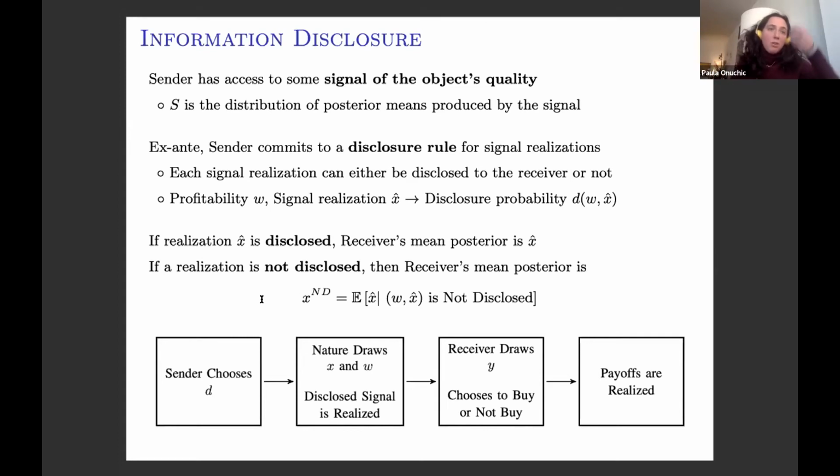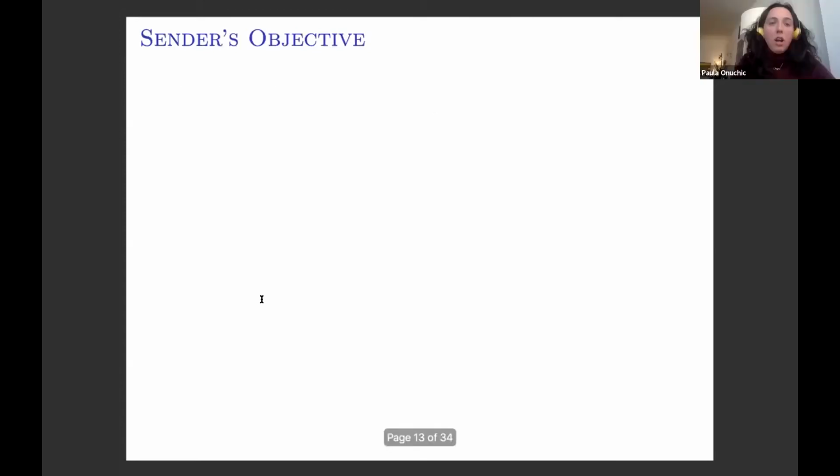Okay, so yeah, and then payoffs are going to be realized according to what I said. Just to clarify, the S is exogenously determined here, right? You're not going to be choosing this. So for now, I'm taking this distribution of signal S as given.